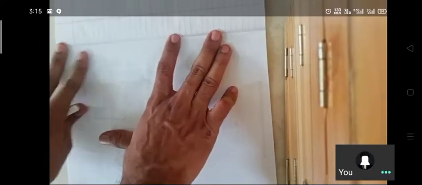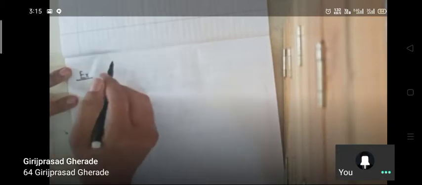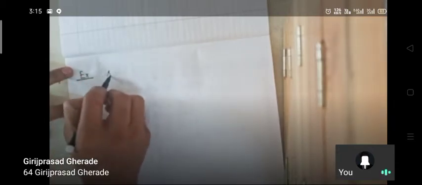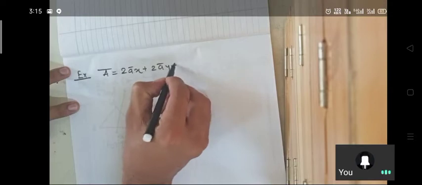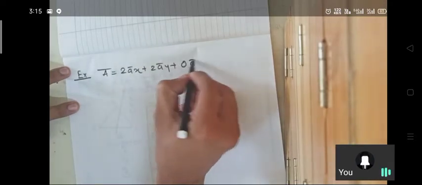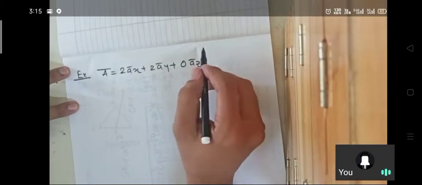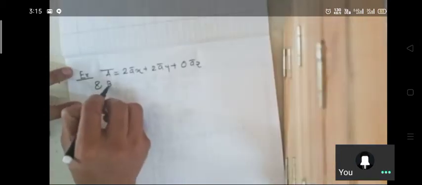Now we will solve one more example. Two vectors are given. Write down the example. Two vectors: vector a bar is equal to 2a bar x plus 2a bar y plus 0 a bar z, means the z component is absent, and b bar is equal to